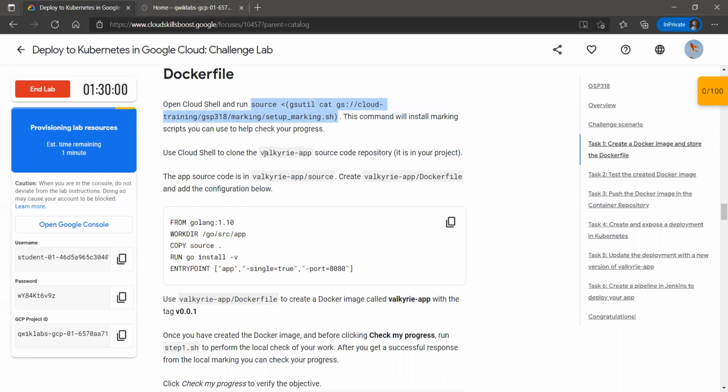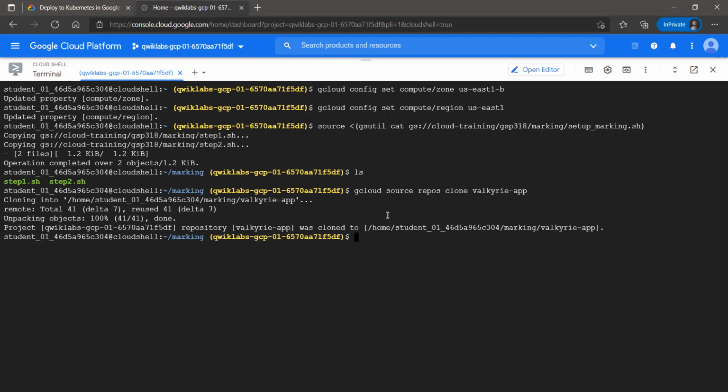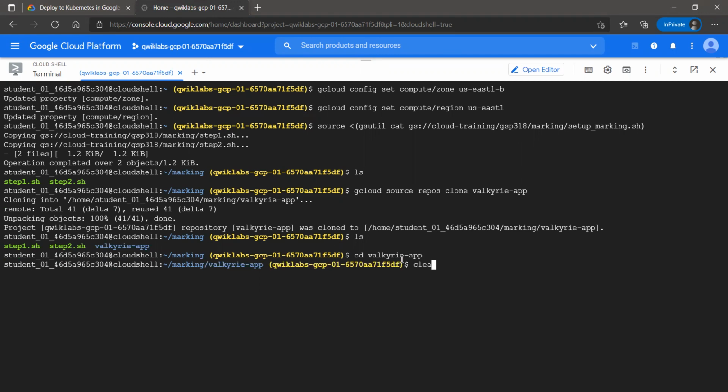Now use Cloud Shell to clone the Valkyrie app source code repository. So we'll now clone the Valkyrie app repository into our shell disk. For that, we have to run this command. Now this will successfully clone the Valkyrie app repo into our Cloud Shell disk. Now let's list the content. So we now have 3 files. This is the first scripting file, second scripting file, and this folder again. Now let's go into this folder, clear up the console,